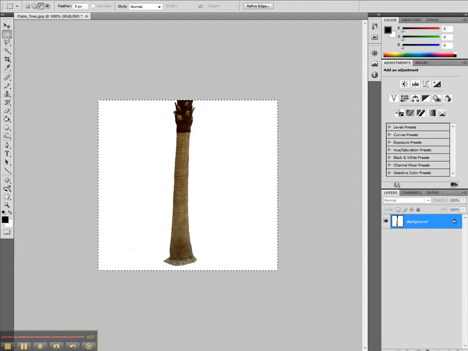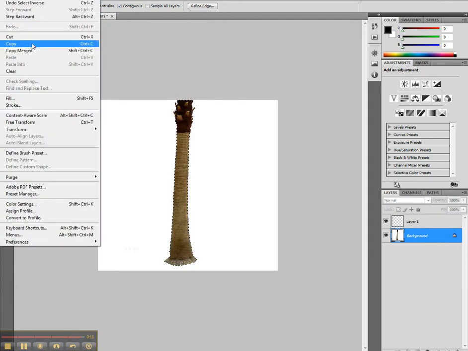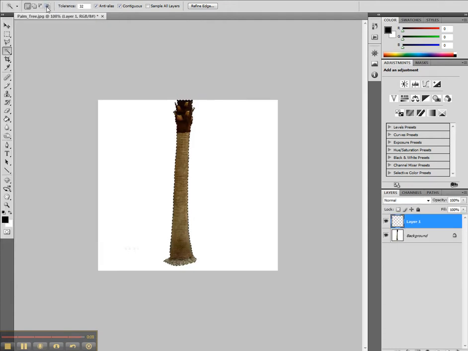Now, what I want to do is deselect. I'm going to make a selection of the white, all right? And I am going to basically make a new layer and inverse my selection, copy my tree trunks, and paste it right there. And then delete my background. So I've got an alpha channel, all right? And we'll see that again in